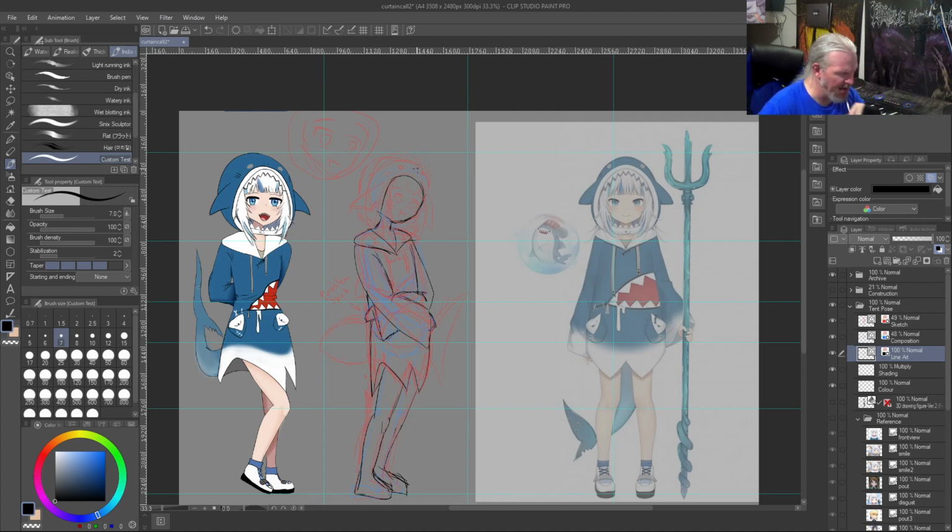And we're going to have the hair coming down as well. So if this is the face right here, let's jump over to our sketch layer and we're going to go